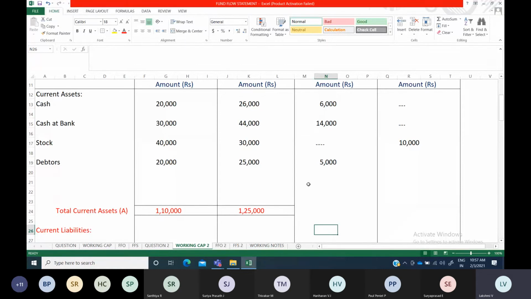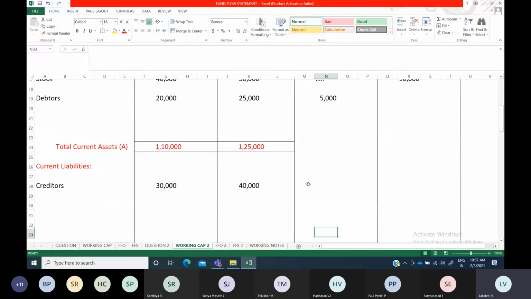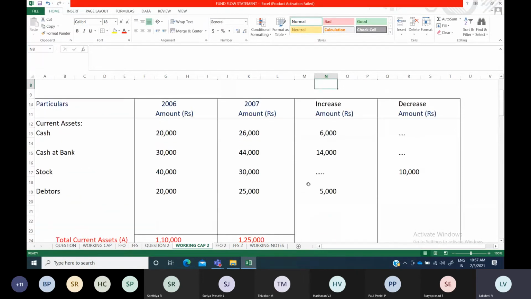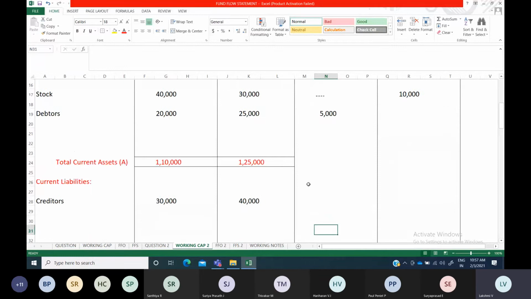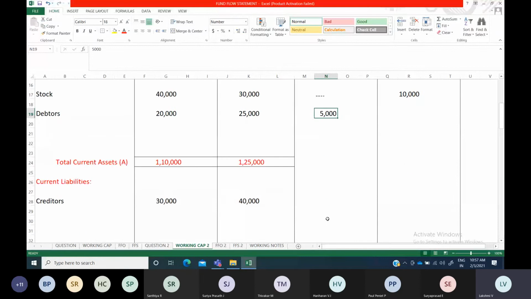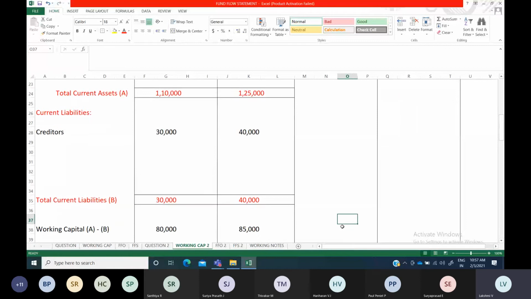Okay. So increase column, decrease column, you don't total. Only at the end you have to total. Okay. So just leave out. Few people will make a mistake here also, they find out increase, decrease, everything. So you should not do all those things. Okay. Only for the concerned current assets you have to put, and straight away you have to go to the current liabilities. Don't do it here. Okay. So you should not do that. And similarly, you should not total here also. Okay, so you go to the end and then you can do all the calculation work.